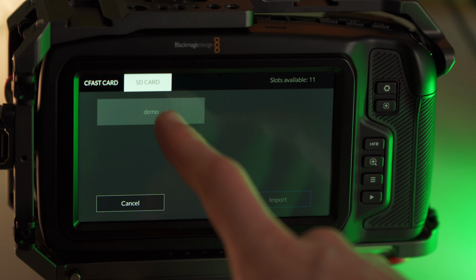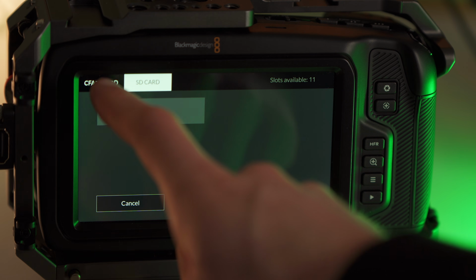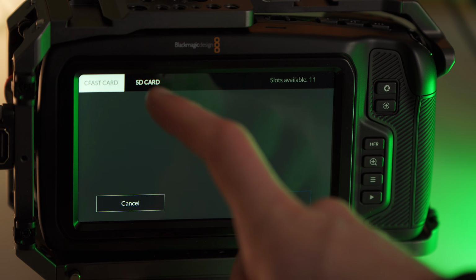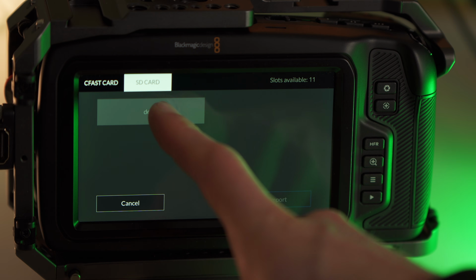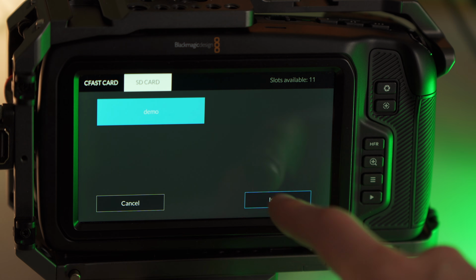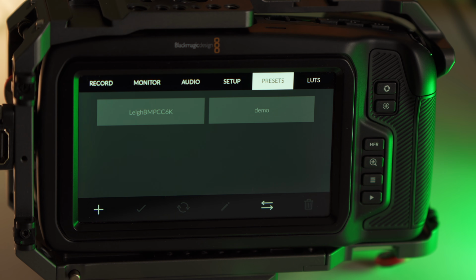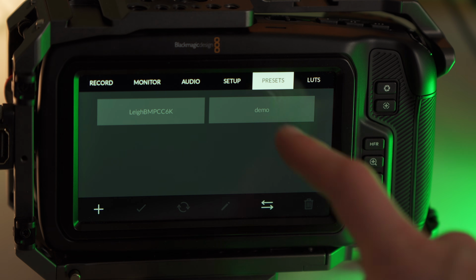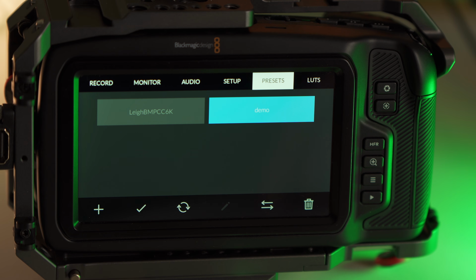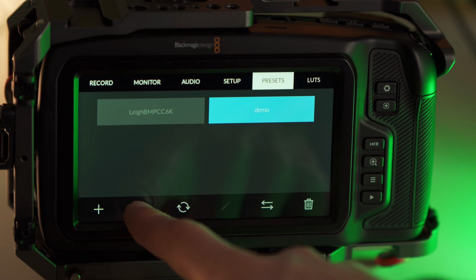As you can see, on our SD card is demo. If you're using a CFast card, obviously you will click over to that, but for us it's SD card. So simply highlight it and click import. Now this simply imports it onto your camera. You will then want to highlight it and then click on the tick icon to actually implement those settings.